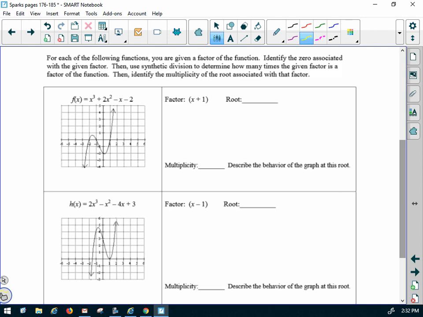All right. For each of the following functions, you are given a factor of the function. Identify the zero associated with that factor. What's the zero associated with this factor? Then use synthetic division to determine how many times the given factor is a factor of the function. Question, is that necessary when we're looking at that graph? No. When x is -1,